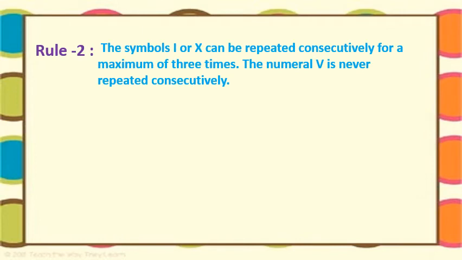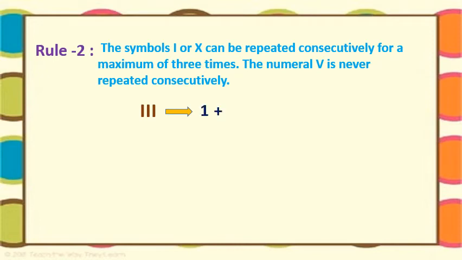See here. Whatever we followed in the first rule, that is writing the same symbol consecutively, means that we can write maximum 3 times. Not more than that. Okay, here same I. We can write this maximum 3 times. 1 time we can write, 2 times we can use that, 3 times. 3 is nothing but the maximum number of times.